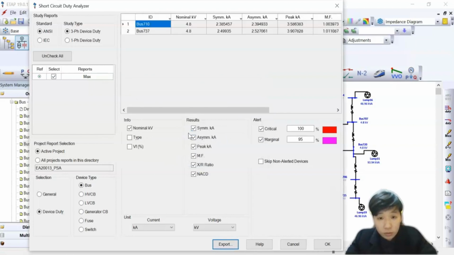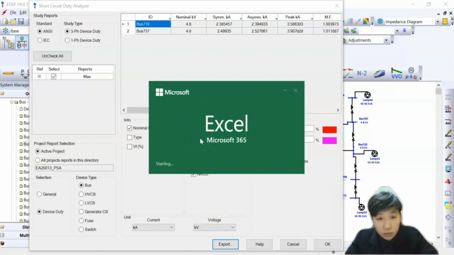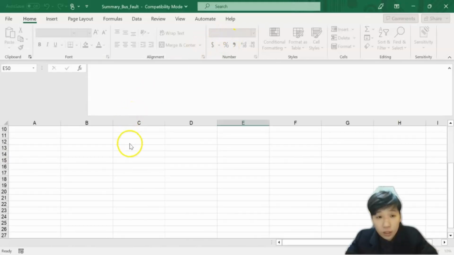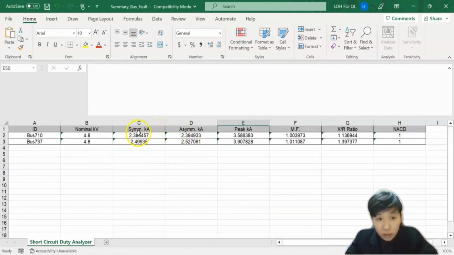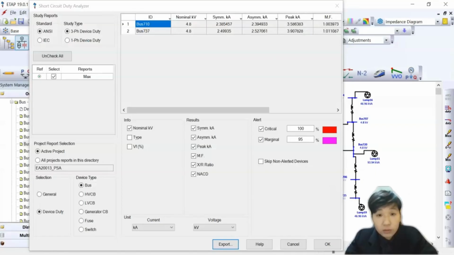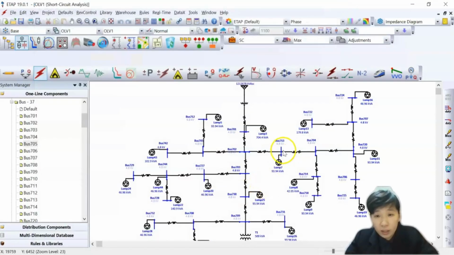It will generate the report here, the Excel file, and then we can analyze the solution by this symmetrical current and the X/R ratio to determine the suitable circuit breaker for this bus bar. So actually this tab is useful for us to get, for each of the bus bars, how we can adjust it and get the nominal value, and to set up